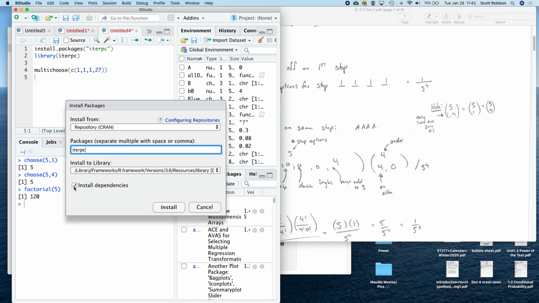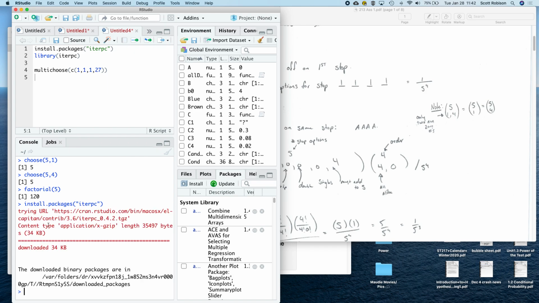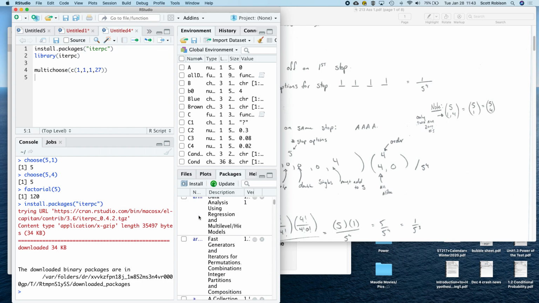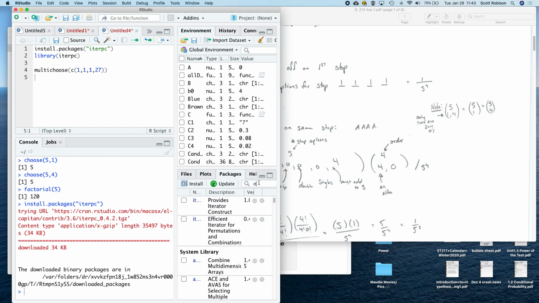And then here I want to make sure that this checkbox that says install dependencies is selected, and I'm going to install that package. Okay, so it's going to download, and R will download from the internet some information from this package. And then once it's installed, I need to either scroll down in this list of packages, or I could search for this package that I just downloaded called